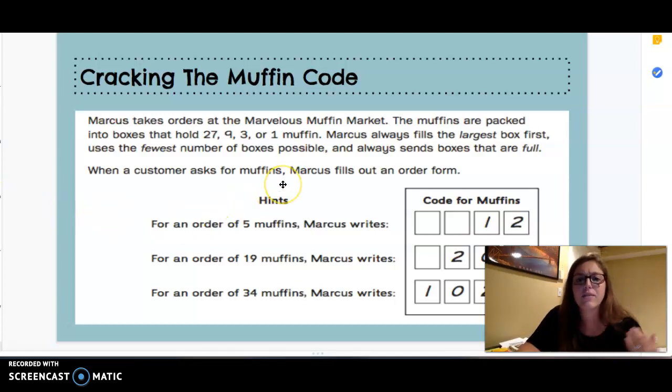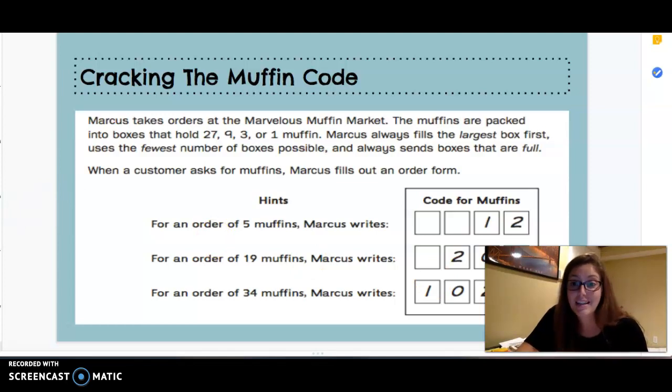When a customer asks for muffins, Marcus fills out an order form. This is his order form here. For an order of 5 muffins, Marcus writes a 1 and a 2. For an order of 19 muffins, Marcus writes a 2, a 0, and a 1. And for an order of 34 muffins, Marcus writes a 1, a 0, a 2, and a 1. Okay, so mathematicians,